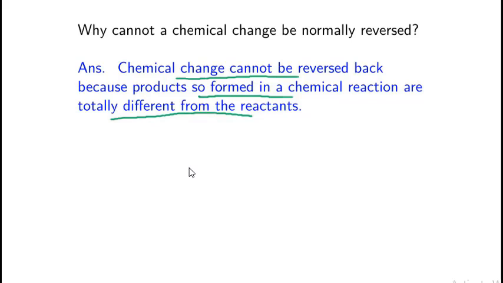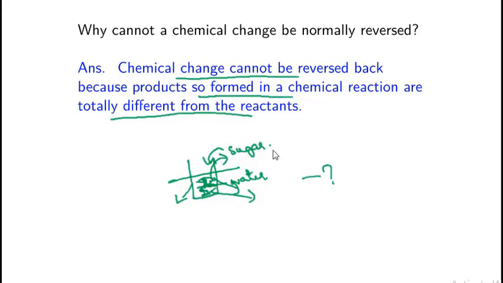So I can say this, when you add, let me say this is the water you have taken and you have added sugar to it. So when you add sugar to it, the sugar is going to dissolve in water completely, okay. So it has been changed chemically, so the solution is chemically changed. Can you separate sugar and water? No, you can't do this. You cannot bring the reaction reversed because it is a chemical reaction.